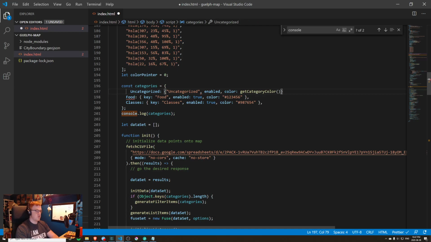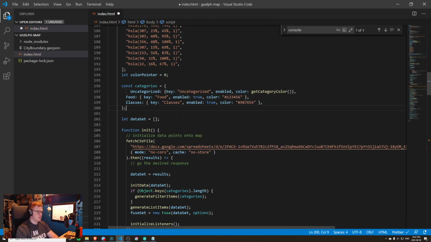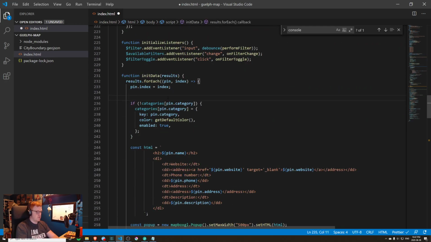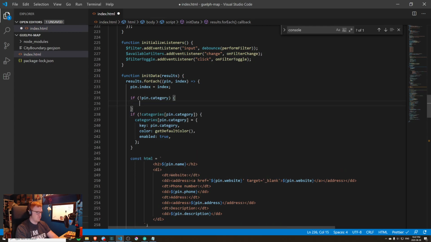You know what? We'll just call that. That's the first thing we're going to do. This needs to have a key in front of it. Okay. So then we come down here and we have to go if not pin.category. So if it doesn't have one,